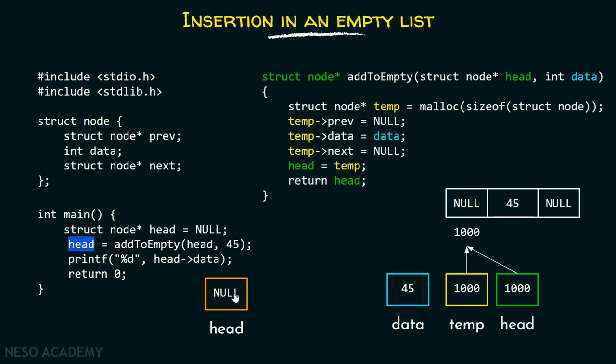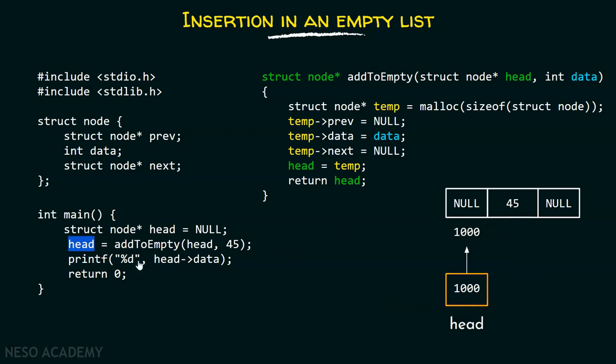So this null can also be replaced by 1000, which means that this head, which is local to the main function, is also pointing to this particular node. Now, with the help of the printf function, we can simply print the data of this particular node. This is the output of this program,